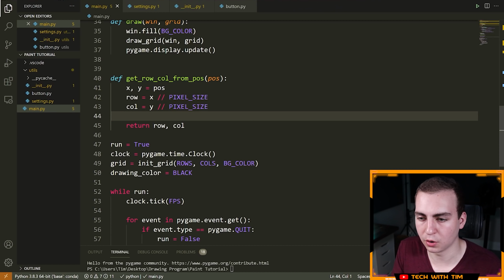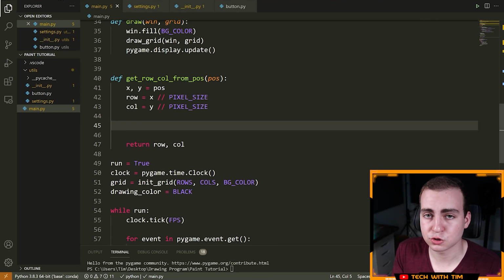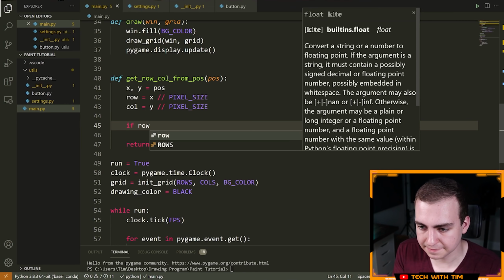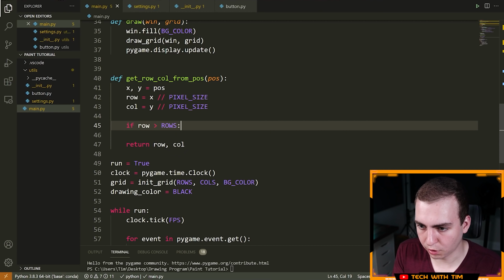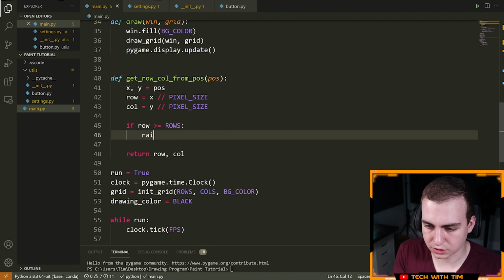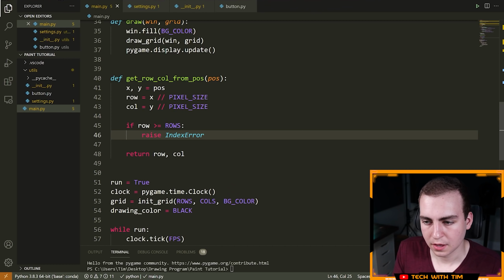If we have a row that's 50 or greater, that means that we pressed somewhere that was not in the drawable area, that was in the toolbar. So to check this, we're going to say if row is greater than or equal to rows, then we're going to raise an index error.